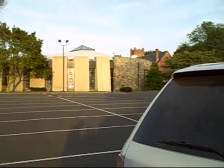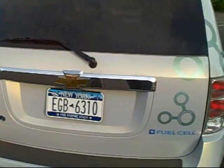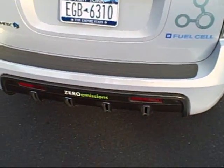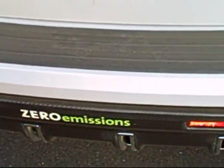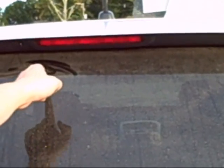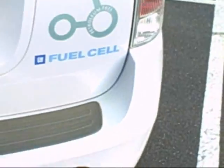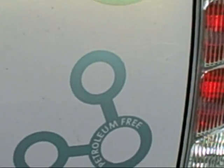I have to tell you, the best part about this is, I don't care how much GM wanted to charge, the zero emissions sticker, and gosh, I hope they don't get angry. There used to be somebody, not me, I swear, there used to be one that said petroleum free on this. I don't know what happened to it. I swear I don't. But the petroleum free, yeah, here's one that says petroleum free, and the zero emissions, worth